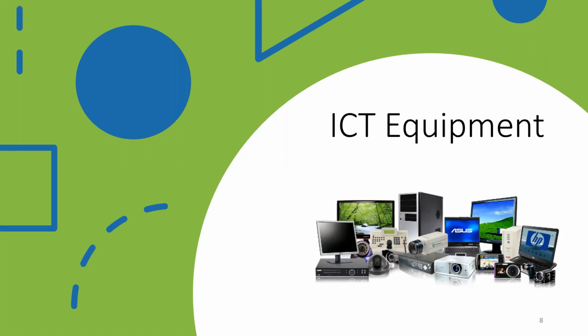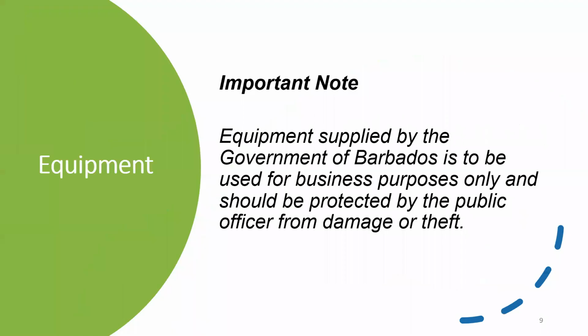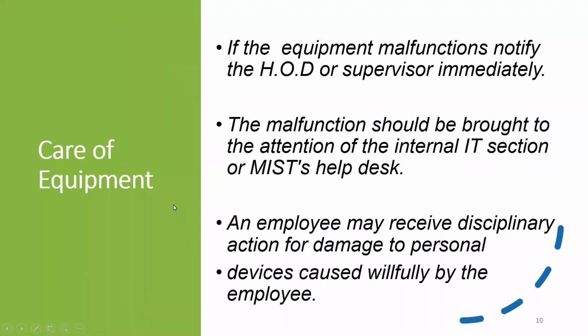And it is the responsibility of that staff member to protect it from damage, to protect it from theft. So government might give us a laptop, we're to carry that laptop. It's not for the children at home to play games on or other parties to utilize,